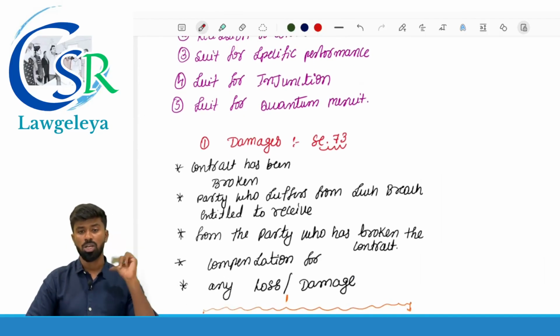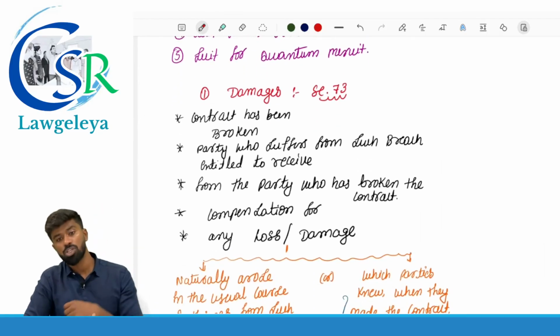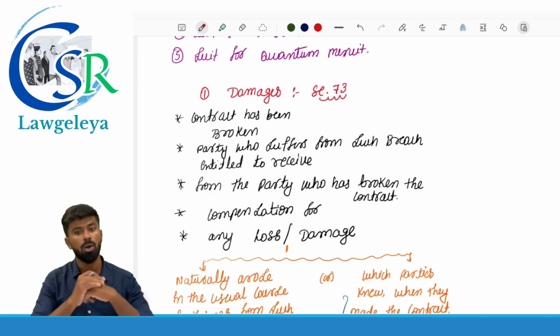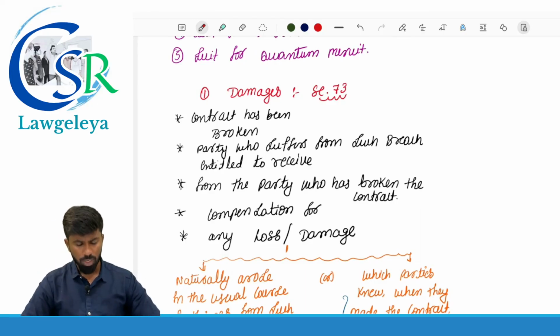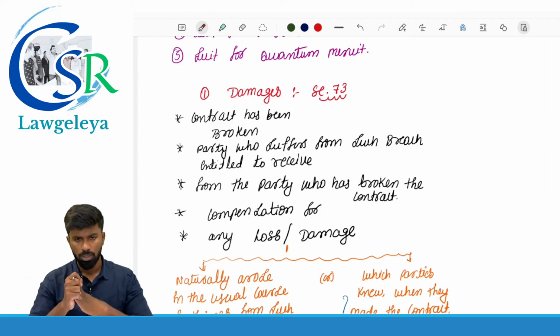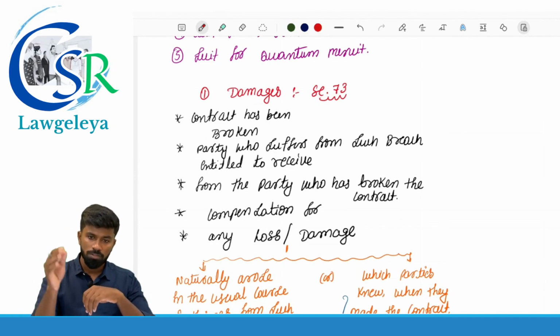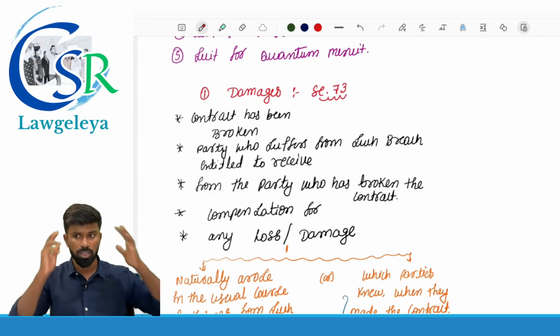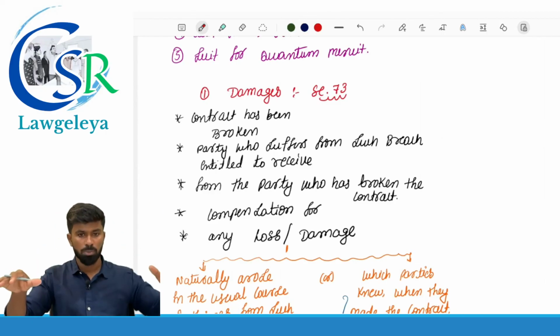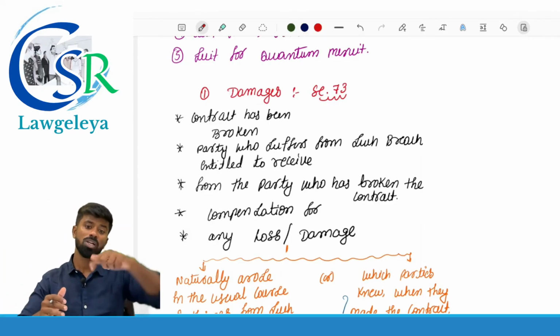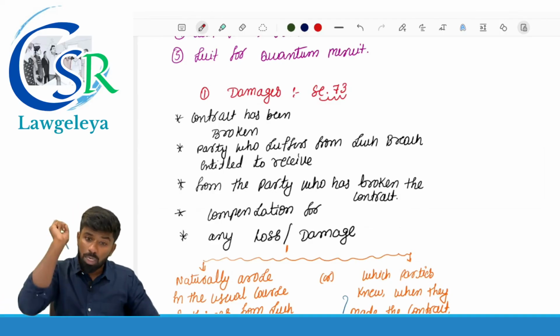First one, damages, section number 73. If they ask a question about a breach of contract, you should also write about section number 73, the damages available to the aggrieved party. So what is damages? Or how to write the answers for these questions? When the contract has been broken. When what is broken? The contract has been broken. The party who suffers from such breach is entitled to receive from the party who has broken the contract. See, keep this in mind. Frame the wording. Contract has been broken. The party who suffers from such breach of contract is entitled to receive from the party who has broken the contract compensation for any loss or damage